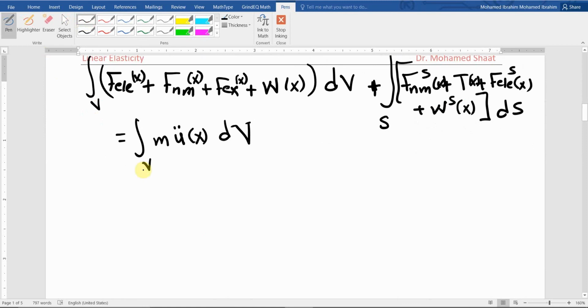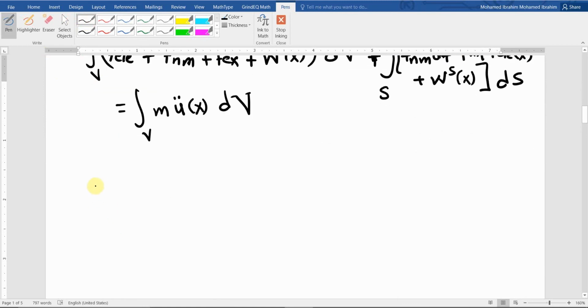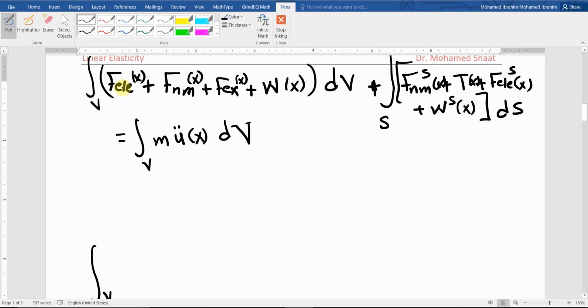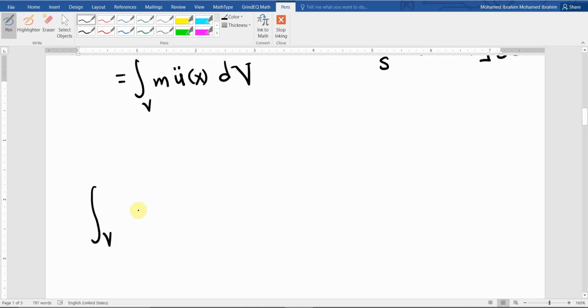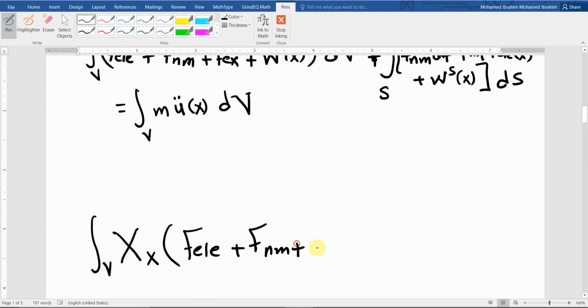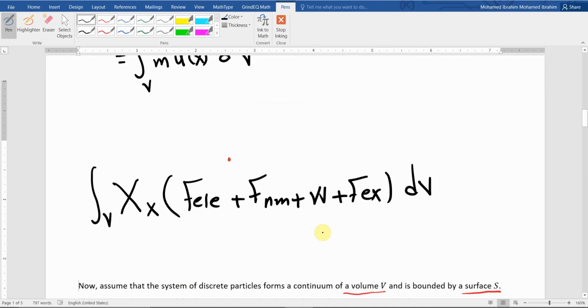So the second equation, if I decided to write it, will be as well an integration over the volume, because we're already collecting over the volume. Your objective, all of these are just forces. So the moment from any one of these forces should be x cross this force. So I can simply write this as x cross multiplication of all of these forces together, as F electric plus the F nm of the particle that is located at x plus the weight plus the external force, dv. Make sense? This is the moment from this term, plus